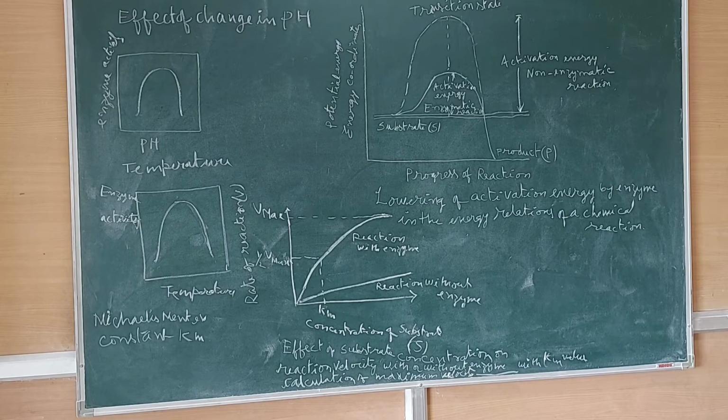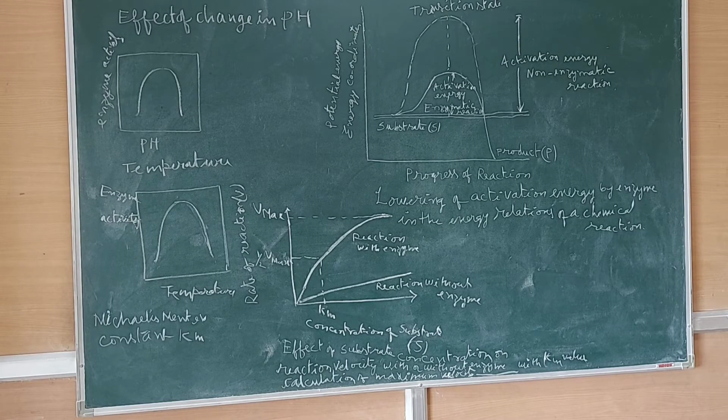In between minimum and maximum temperature, the reaction velocity doubles for every rise of 10 degrees centigrade. That is a general rule of thumb. A time factor applies beyond the optimum temperature: there is a rise in velocity for a short time followed by a sharp fall. Next, optimum pH. I have already explained optimum pH.